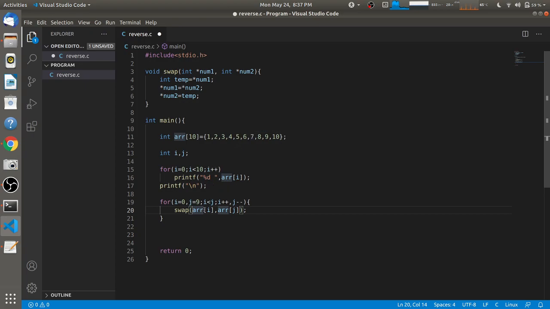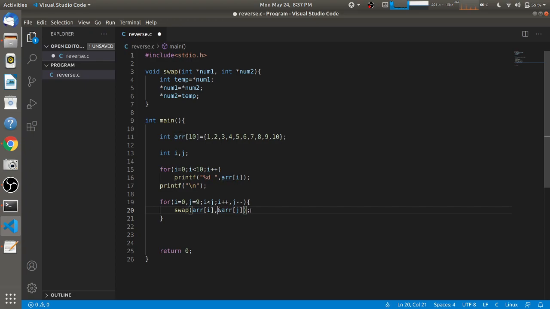Whenever i is greater than j, at that point this for loop will break and it will come out of the loop. And you will see in this condition, whenever i reaches this sixth, that is fifth index, and j reaches this fourth index, this for loop will break.